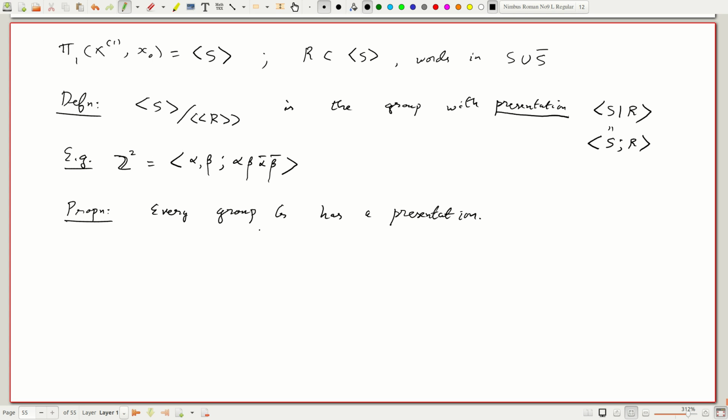The kernel is some normal subgroup, and that's normally generated, for example, by all its elements. So take those as the relation. More interesting is whether you have finite presentations. Many nice groups do, many others don't, and sometimes this can be a subtle question, but every group has a presentation. And as a corollary, we get the following theorem: